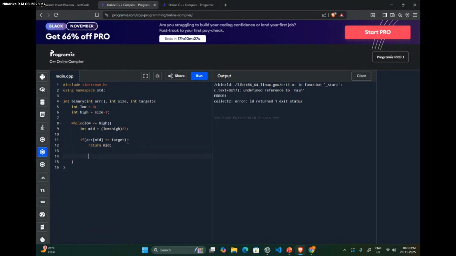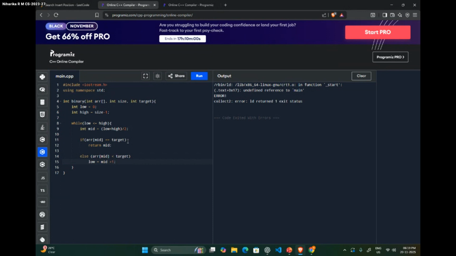So what is our next criteria? If array of mid is less than target. If it is less than target, what do we do, guys? We basically reinitialize low equal to mid plus 1.